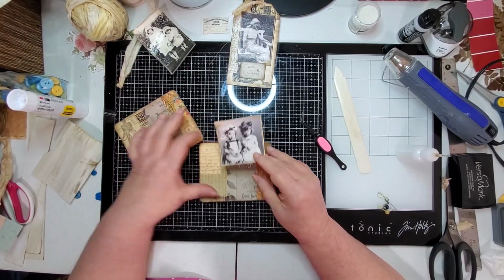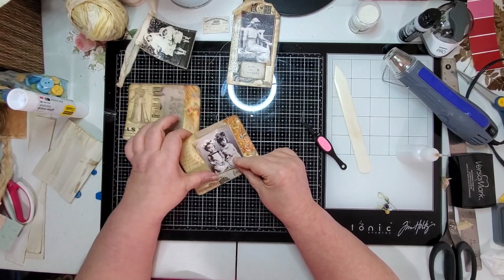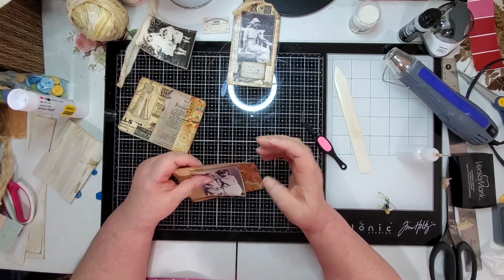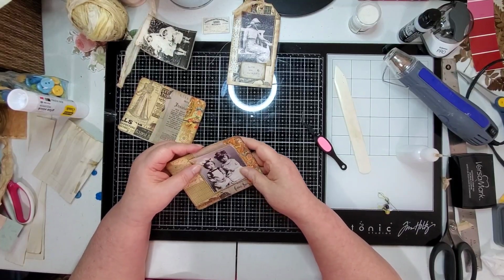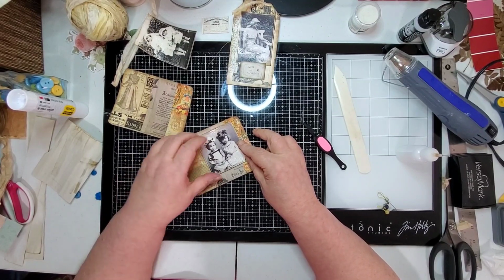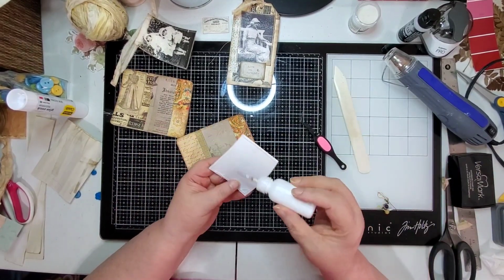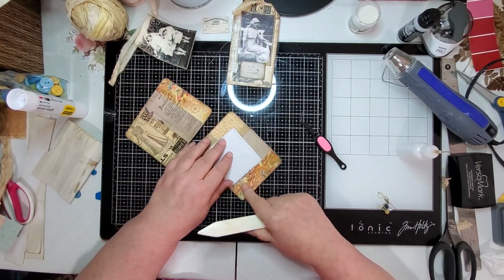Anyway, so let's see which one and where am I going to? No, I think I'm going to put these little girly girls on this journal card, just like that. And then I'll put something over here. So I get my glue that I also, oh, one thing I did want to say, when you sew something